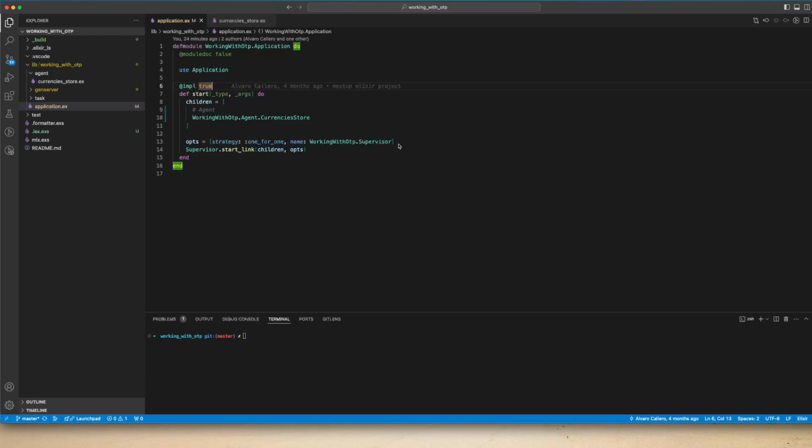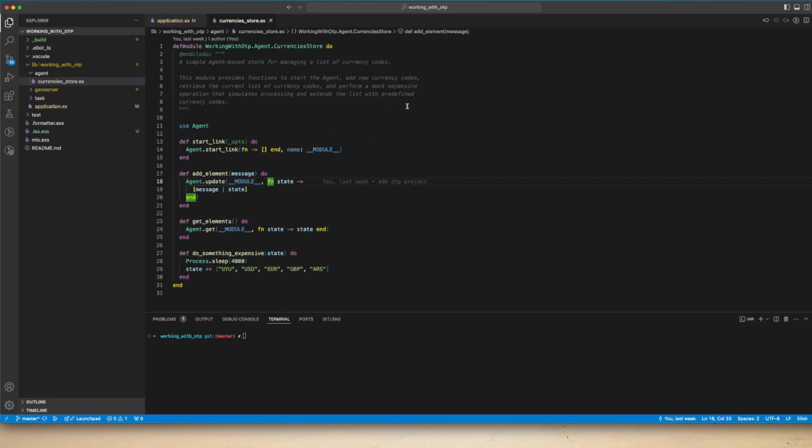So let's say that we are building a payment application in which we are going to send money between users, and in this part of the application we want to store all the currencies that will be available in the application. The idea is to store that inside an agent. So that will be the main goal of this agent. So if we go to the agent, what we are going to see first is that we are using a